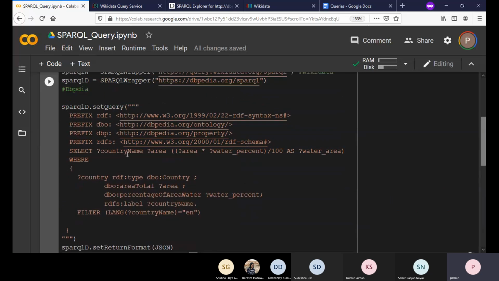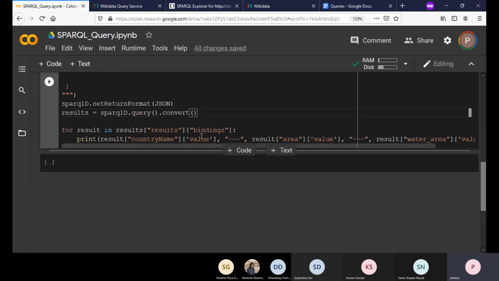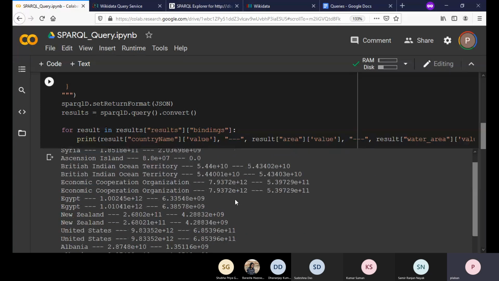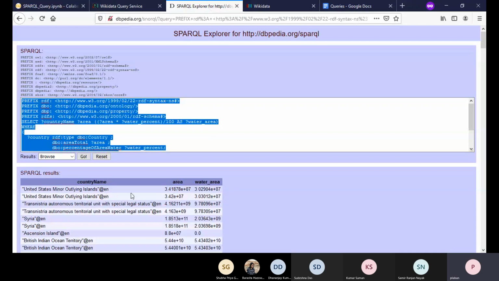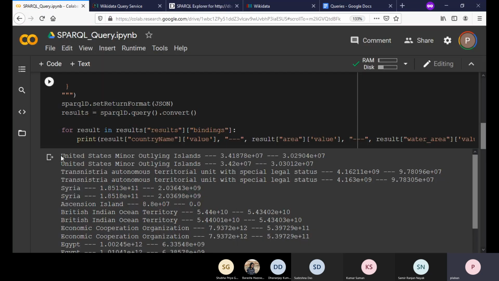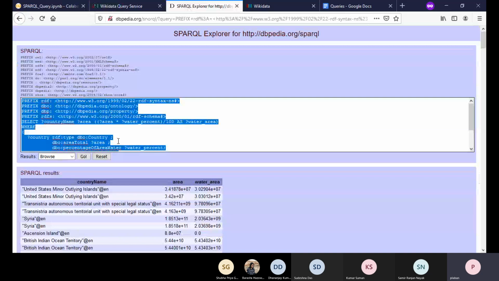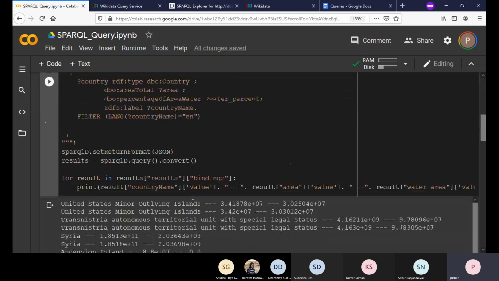Now we can see that we have got this country name, area, and water area, and accordingly we have got the variable name and the binding for this variable name, and this value is giving you basically the binding of these variables, right? Now if you execute this, you can see that we are just seeing the result you have just observed here. You got the country name, then area, followed by water area, right? So this is very simple stuff. You have just executed one query, and you're taking that query to run from this IPython program or Python program, right?